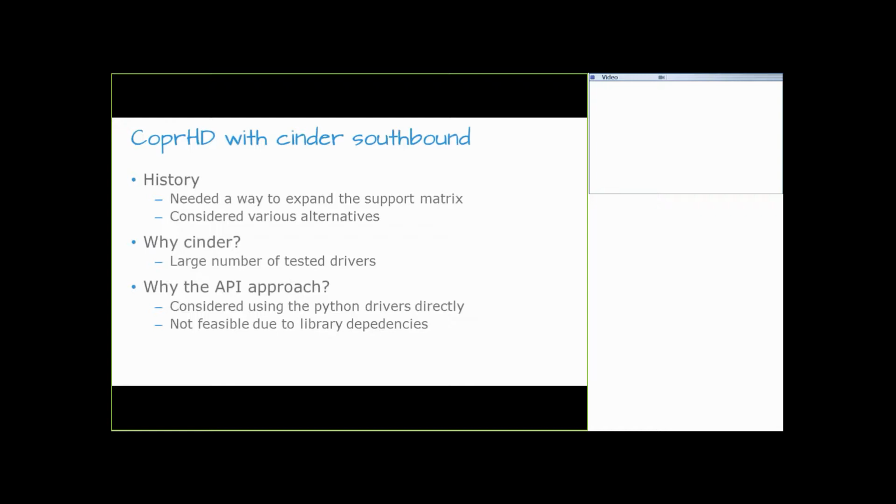Let's say the admin has the access, can copy it into some directory, and then we start directly using it. The problem with that approach was that the drivers in turn included some libraries, and those libraries included some other libraries. So, the dependency chain, and there was no fixed dependency chain, like EMC drivers uses something, Hitachi uses something, IBM uses something. So, if I really have to support all the drivers or all the vendors, I end up copying one by one all the Cinder libraries, and pretty much the